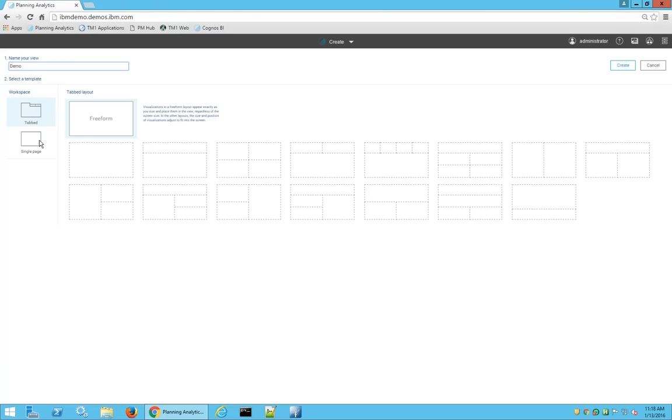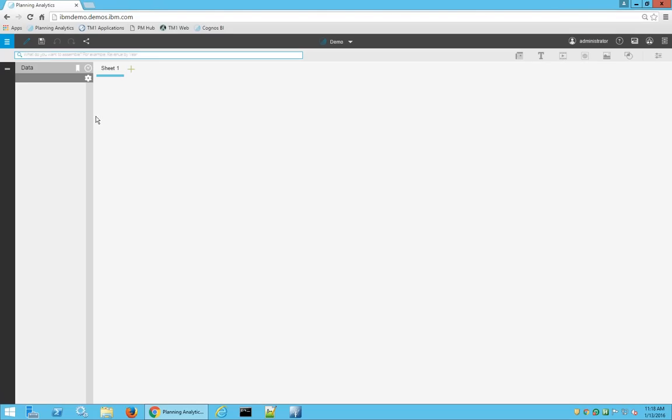And then of course you can determine whether you want to do a tabbed format if you're just going to do a single page. Usually you want to do a tab format so that you can have multiple content, as you saw on that example I first showed. So when I select freeform, you'll note that my TM1 servers that are started are showing, and I can actually